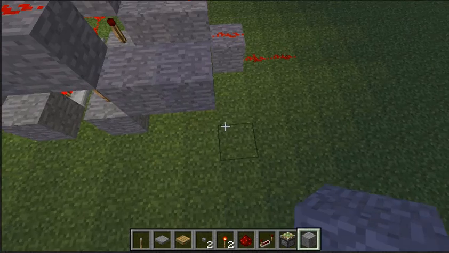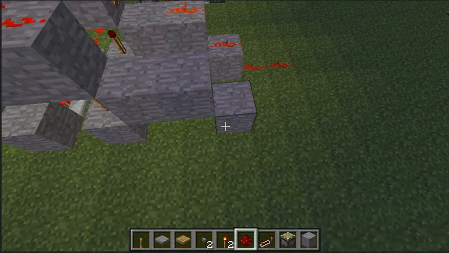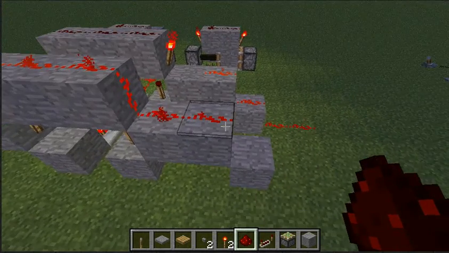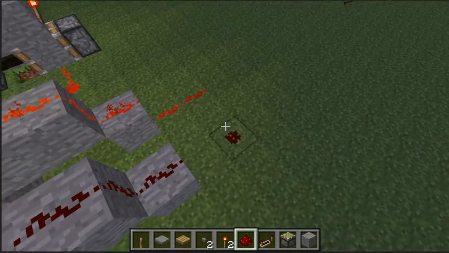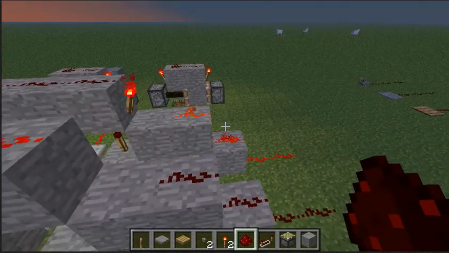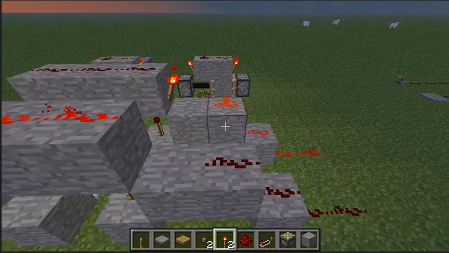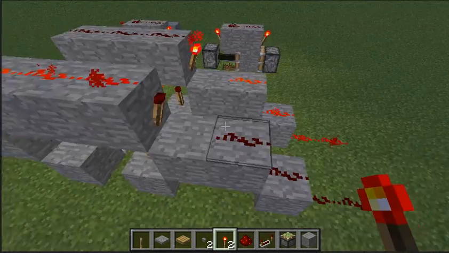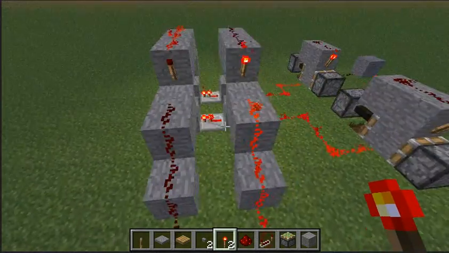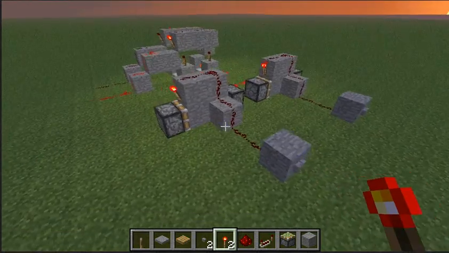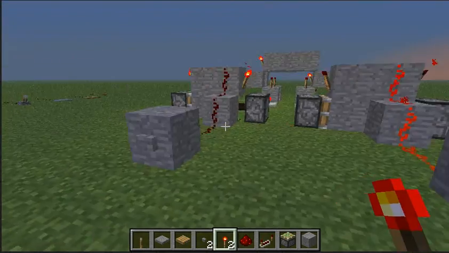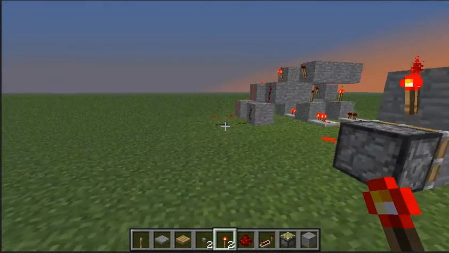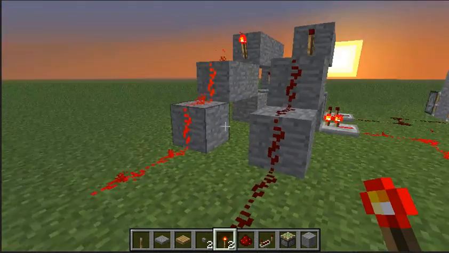There we go. Wait, no, I can't have that there. And then here we need the redstone torch. Bam. So this is off because it is not the correct combination. But we need this one to be on and that one to be off. So if we press this button, bam. Now this one isn't true, but this one is. See how the